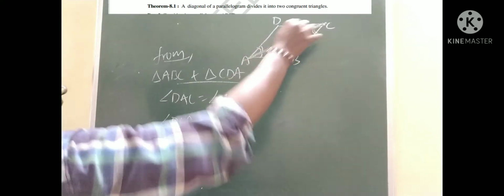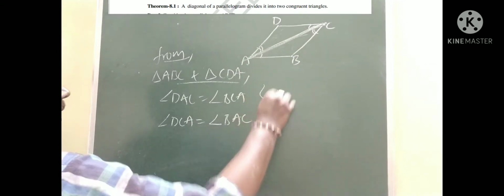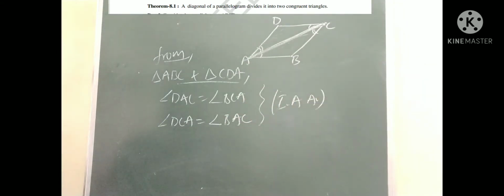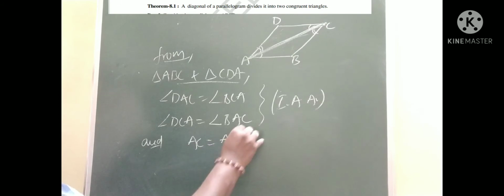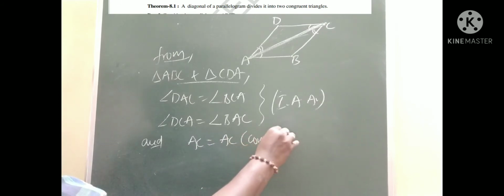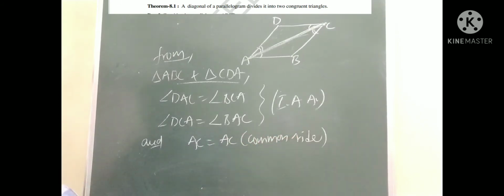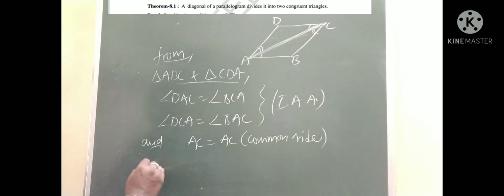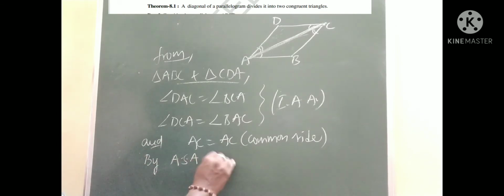So this angle is equal to this angle due to the interior alternate angles, and at the same time we have AC equal to AC, which is the common side. So corresponding angles are equal and the side included between the angles is equal. Therefore by the ASA congruency